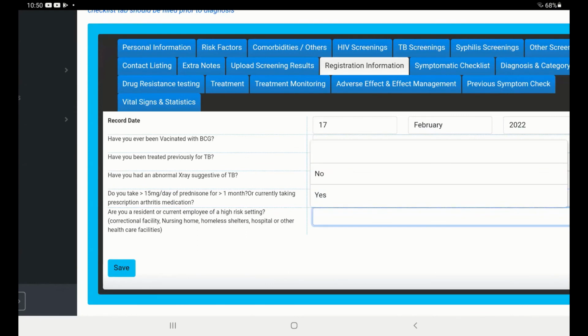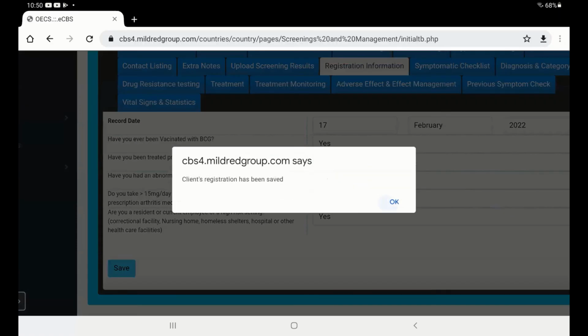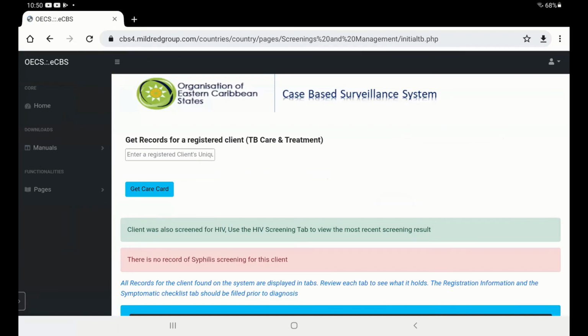And is he an employee of a high-risk setting? He's a prisoner, so he's a resident of a correctional facility, yes. So you save. Now that he has been registered, you can also do contact tracing if you want to, because most of his people